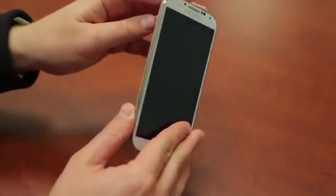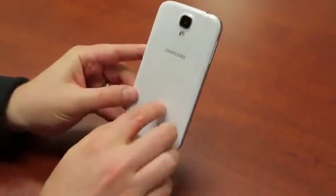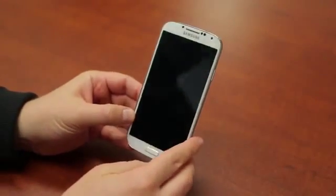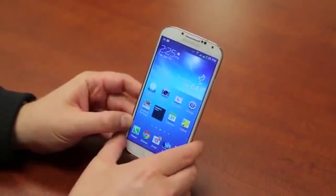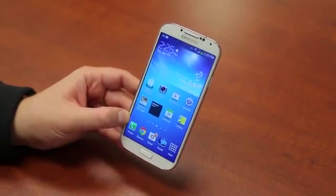Alright, so here is our Galaxy S4. We've got it for Sprint, although oddly we don't have any carrier branding on our phone. Perhaps by the time these devices get to you though, there'll be some sort of carrier notifications on here. So let me go ahead and run through the specs, remind you what the Galaxy S4 has. You can decide if it's the right phone for you. Then I'll talk a little bit more about what's in it and all kinds of other